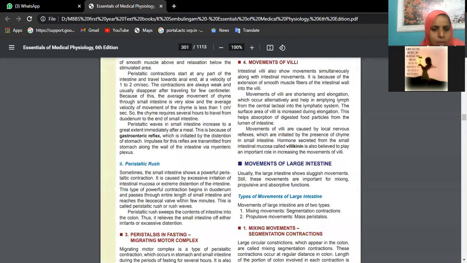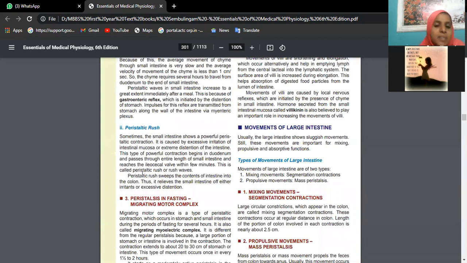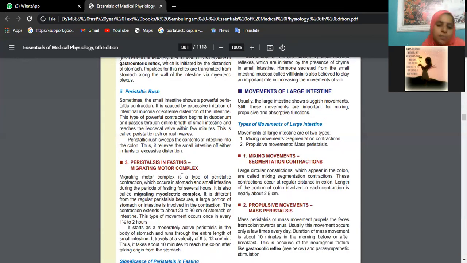Okay, beta. So peristaltic rush, that means what? Sometimes we will see there will be as though so many movements in the abdomen. As when we eat something from outside, you will find that type of movement. Sometimes we may get loose motions also. So those fast movements which occur sometimes in the small intestines, powerful contractions, which may be occurring due to irritation of intestinal mucosa, are called peristaltic rush. So this may also cause the rush of contents of small intestine into large intestine, that is colon, leading to loose motions.